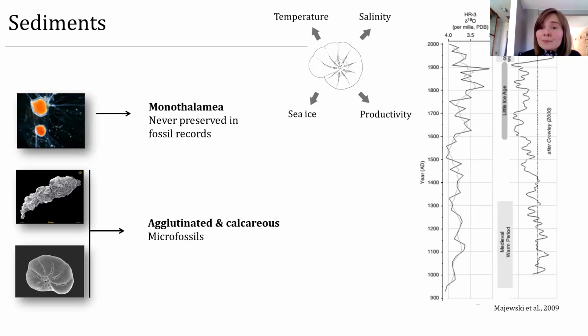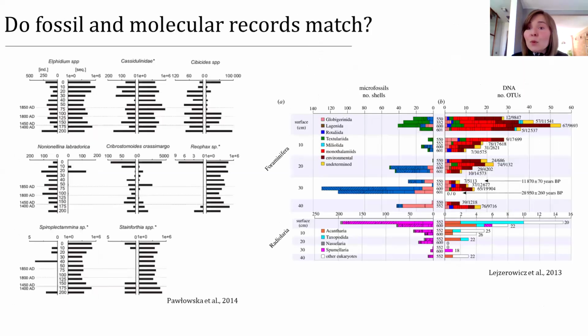In the case of foraminifera, I will not introduce you to the foraminifera themselves, because I believe you heard a lot about forams during your previous lectures. But only two groups of forams can be preserved in the fossil record, agglutinated and calcareous forams, so the ones that possess a test that can be preserved over time. These are the only ones that we can study morphologically. But there is a huge group, very often overlooked in foraminifera studies, the monothalamous forams, which have only an organic lining, and they are never preserved in the fossil record. We cannot study them morphologically. But it is possible to obtain their DNA from